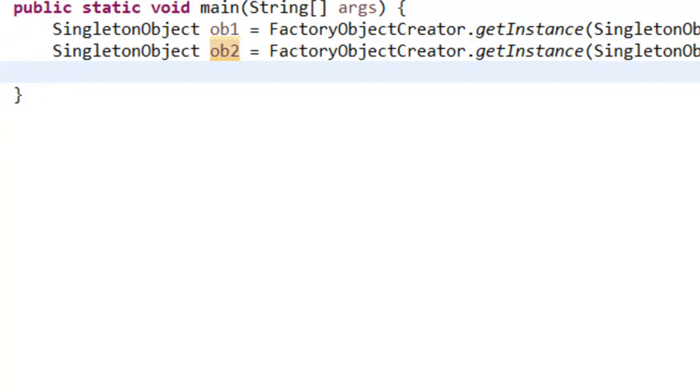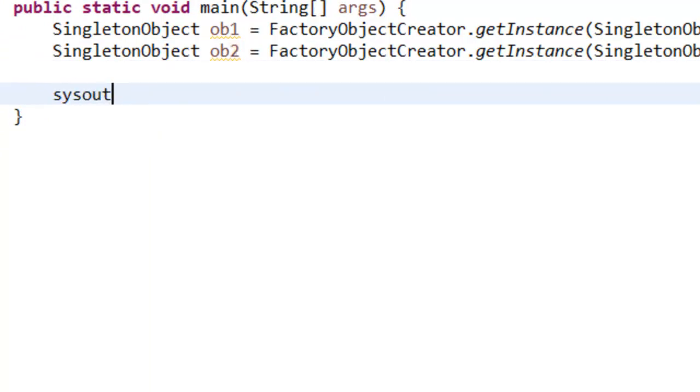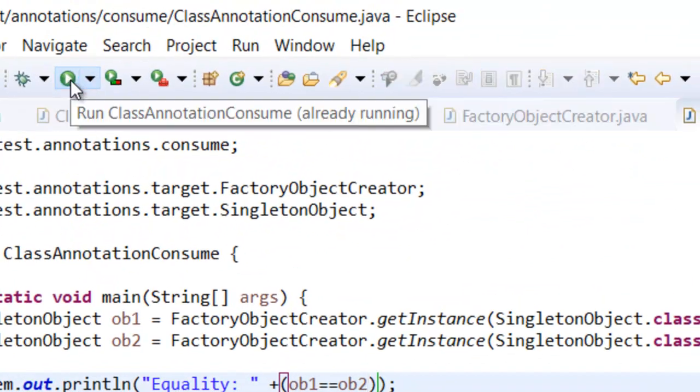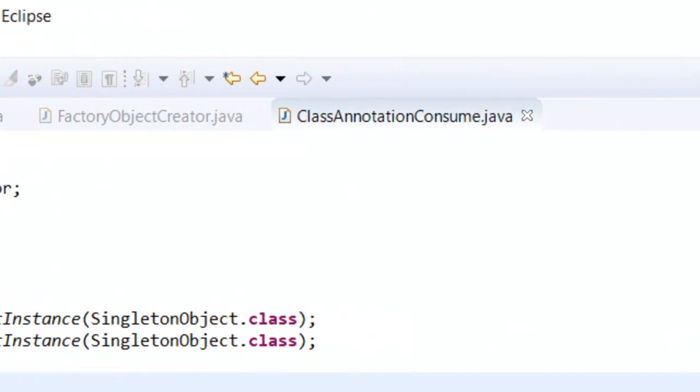Now we need to check that. So what should be the sysout? Sysout is equality. Equality is what? So ob1 should be equals to ob2. Then only this means that both the reference variables are pointing to the same object. That means only one object is created. Okay, let's check it. Equality is true,